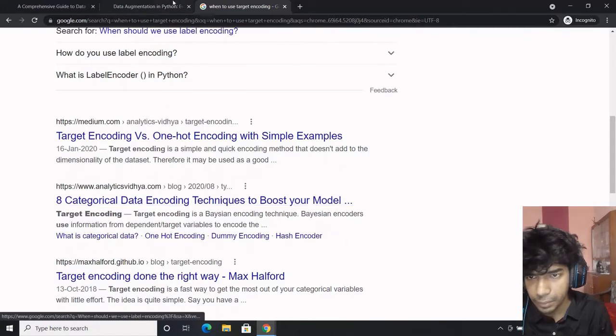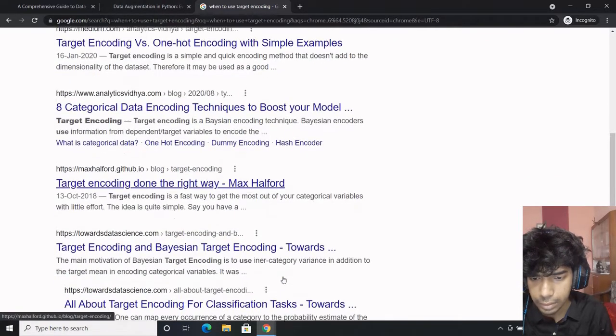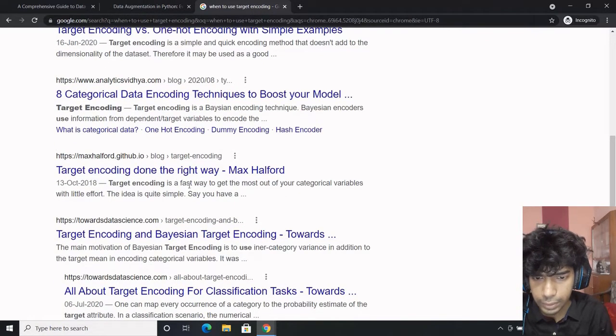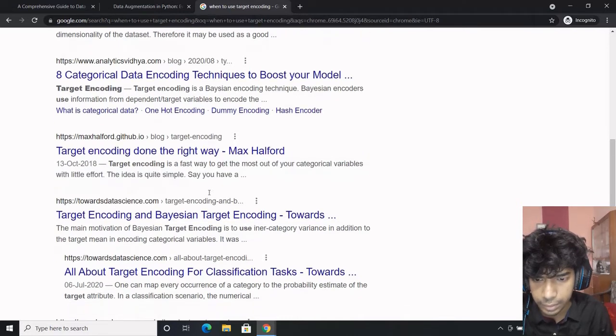A Bayesian encoder is basically a fast way to get most of your categorical variables. The idea is quite simple.